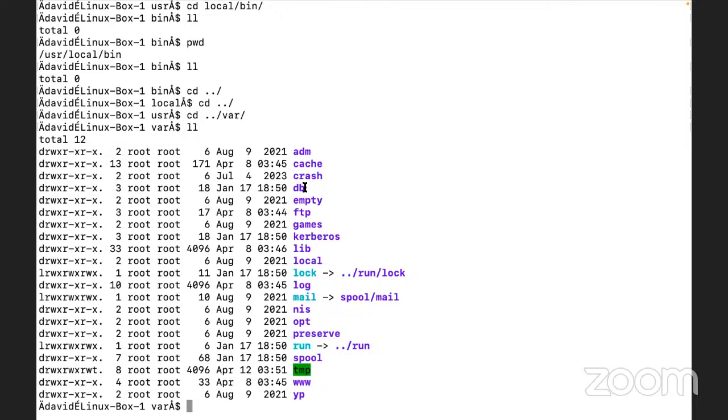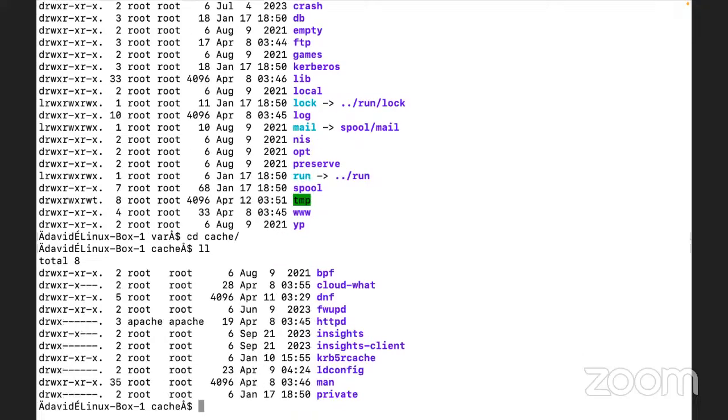The final folder for today which we have. So guys, this is known as /var, like variable. This does not have static data. Data keeps on changing here. Like cache, for example, like we have cache. If we run a command,